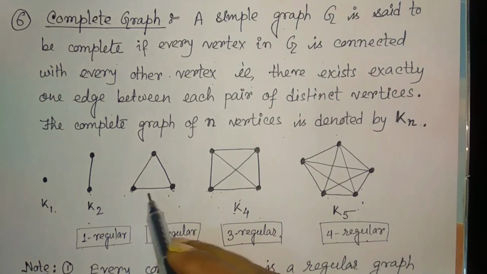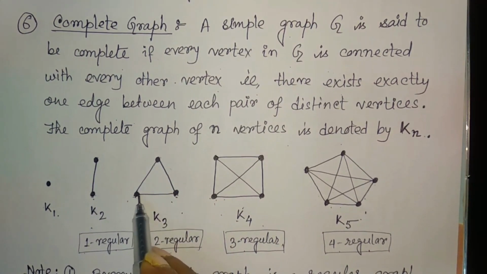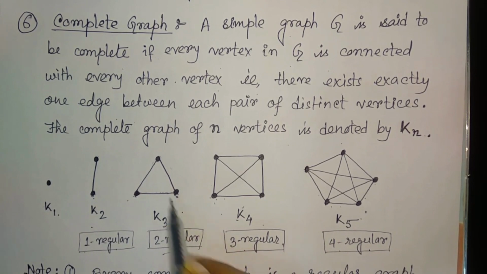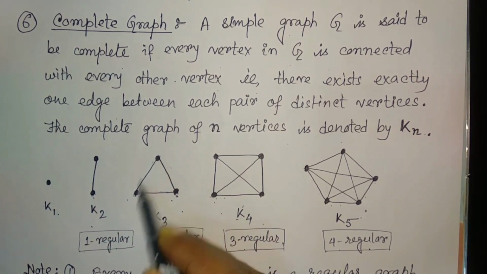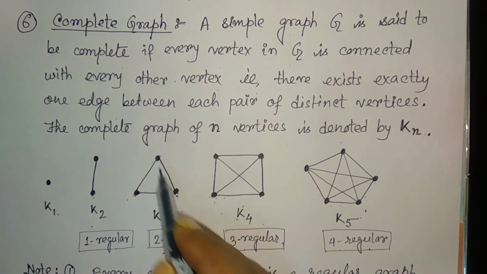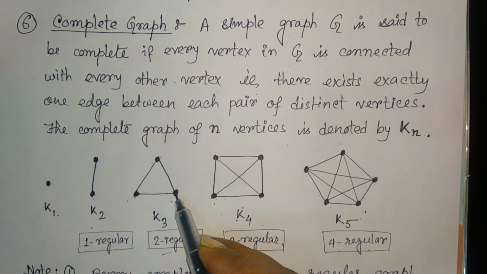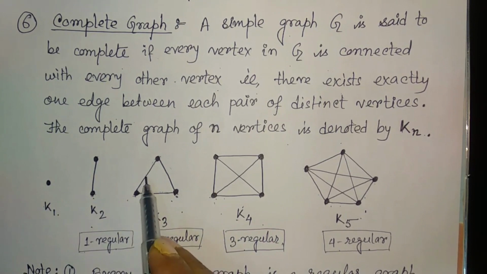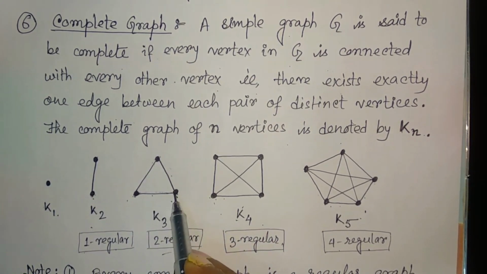Just look here, if 3 vertices are there, then from one vertex we have to draw 2 edges to join the maximum edges. Now for the second vertex, its connectivity with the first is already there, so only one more edge we need to draw, and from the last one we need not join any edges. That's why from the first vertex we required 2 edges, from the second 1, and from the third 0.